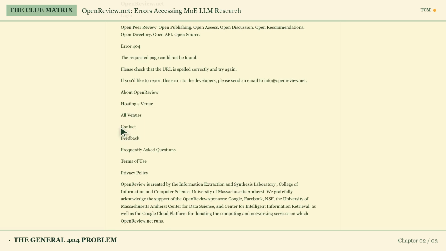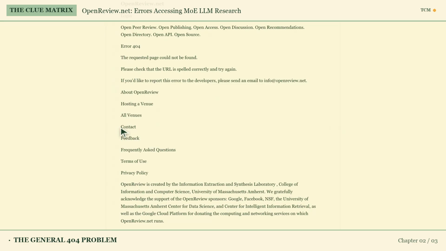This could be a mistyped URL, a broken internal link, or a page that was deleted entirely. If I click a link from an external site or even another OpenReview page and get a 404, it's incredibly frustrating. It means the pointer to that specific MoE research I'm after is effectively gone.